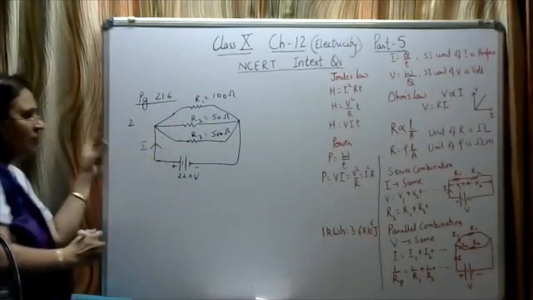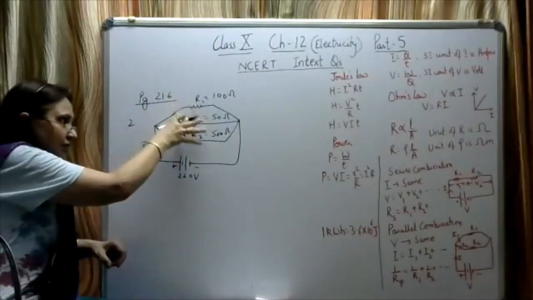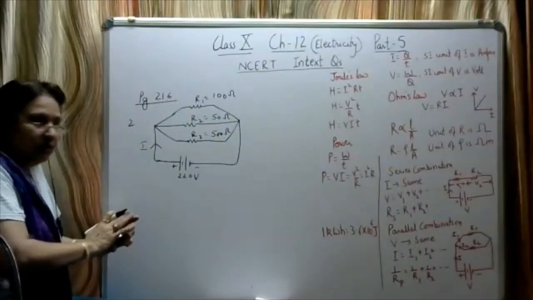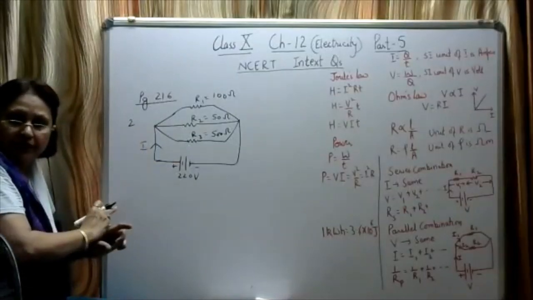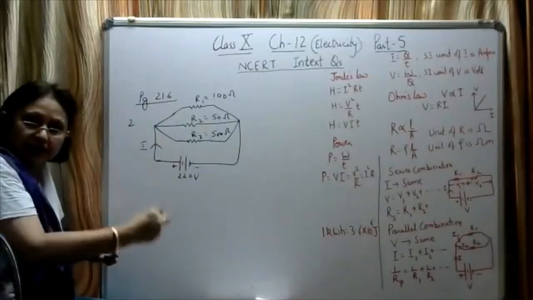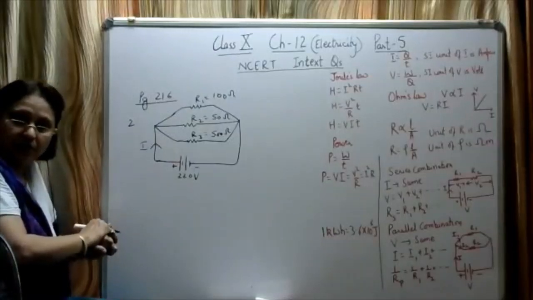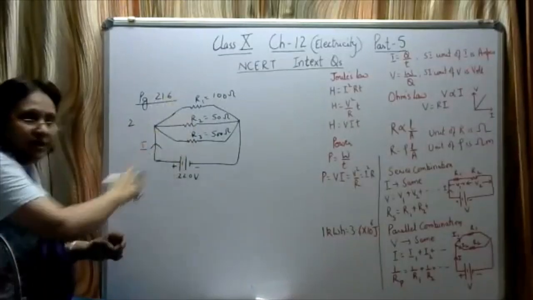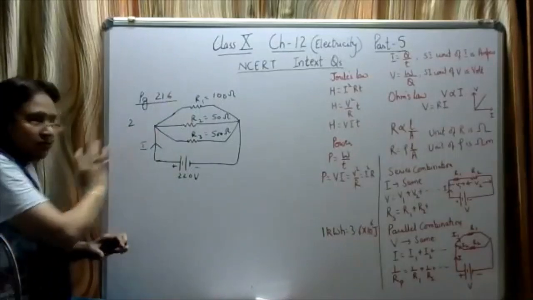So here first we'll find out the equivalent resistance, because after that we are going to connect, instead of these three, only one electric iron. The electric iron will withdraw the same amount of current. So if all three resistances are taking I current, the electric iron will also take the same current. So the resistance will be the same. The resistance of the electric iron will be the same as the equivalent resistance of these three electrical appliances. And also we have to find out this current I.